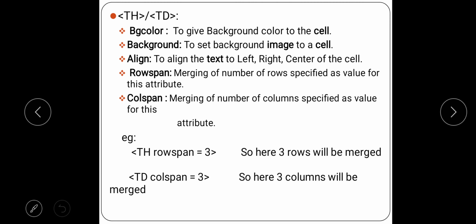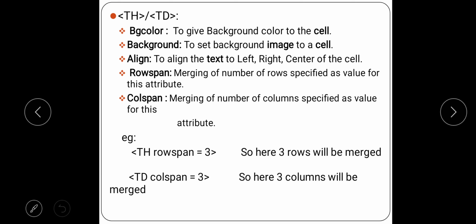Next, th and td tag attributes. Both have the same attributes. Same bg color. Bg color, the background color, will be given to the cell. We saw the cell is the smallest part of the table. It could have the TH, that is table heading, or TD, the data.